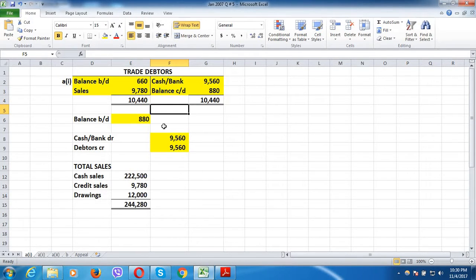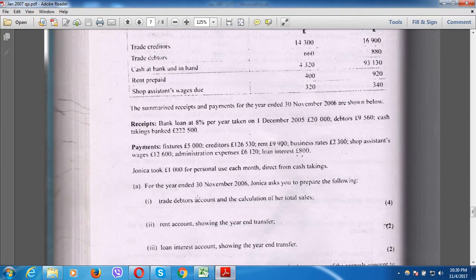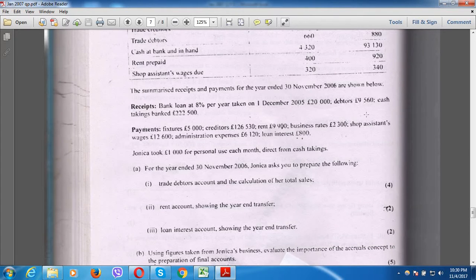Now we will have to find out the calculation of the total sales. We have found the credit sales first, 9780. You can have a look in the question. There it was told that cash takings banked 222,500 pounds. This is actually cash sales, so this will also be included in the sales calculation. Cash sales